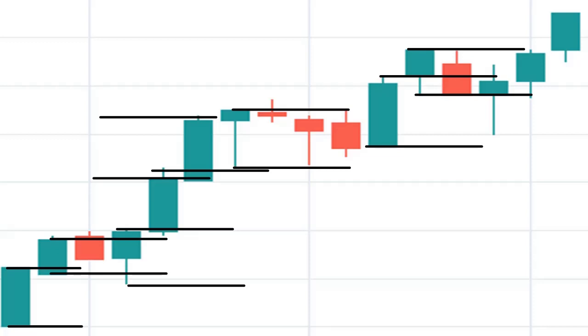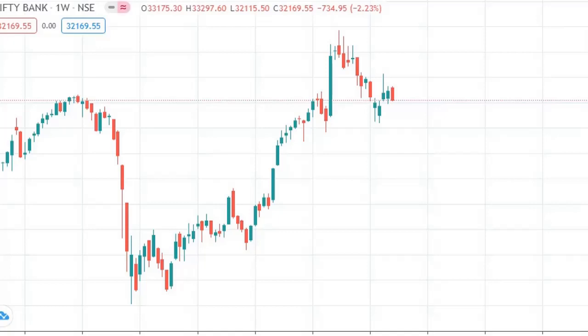Now let's go to the chart and analyze the charts based on our theory. You can utilize any time frame, so this theory should hold on any time frame. You can take any time frame, let's say from 1 minute to weekly or monthly chart, it should hold true. Now this is a live chart of Bank Nifty. This is a weekly chart. After the pandemic, you can see how the market has reversed and come to this position. So let's try to analyze this using our one bar theory.